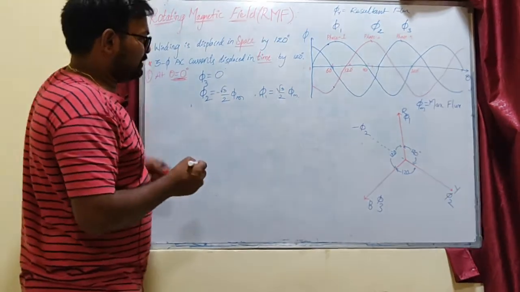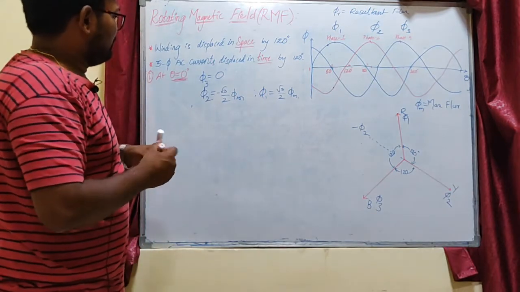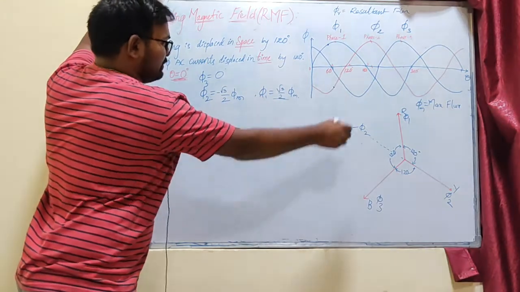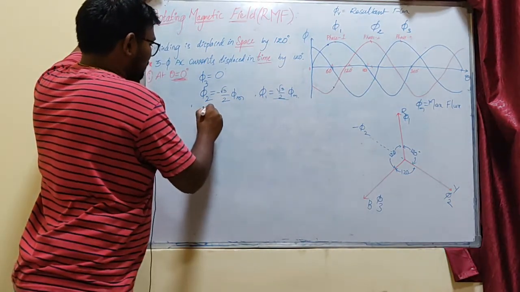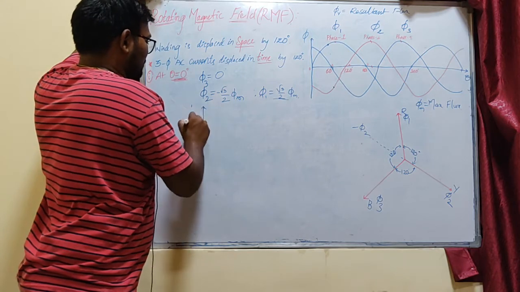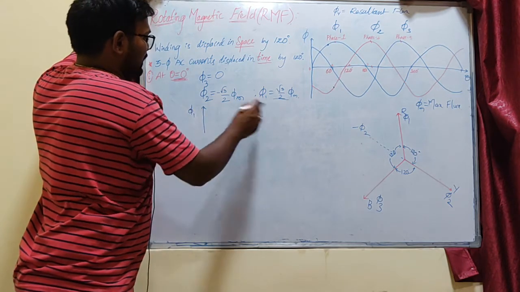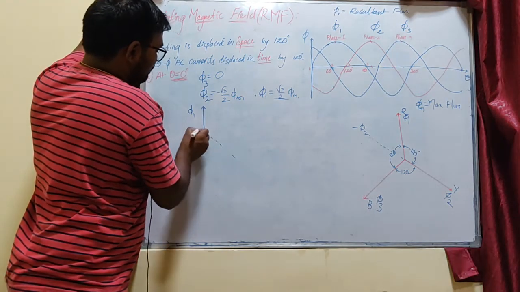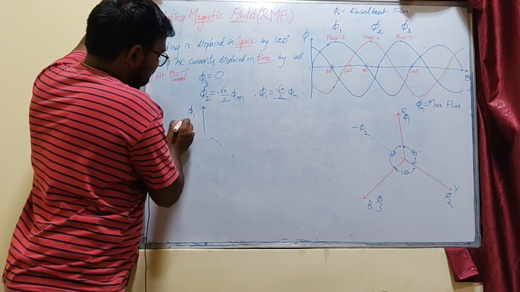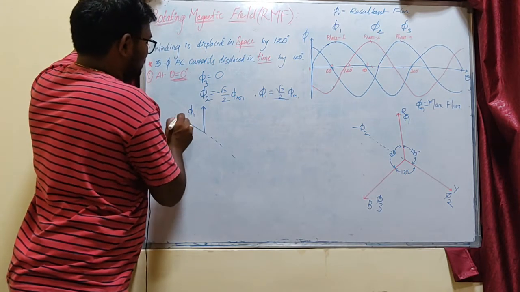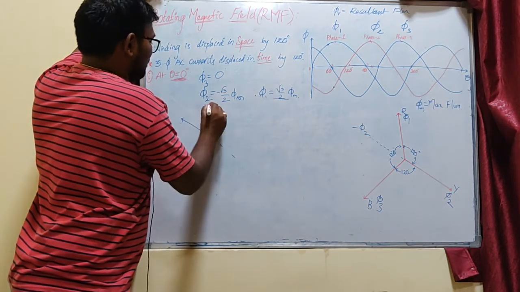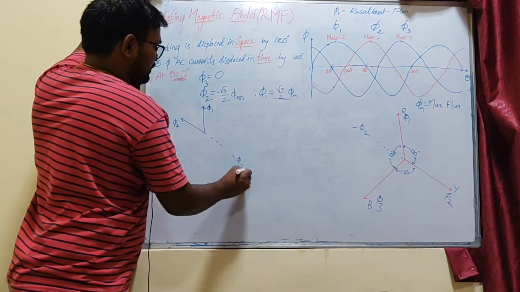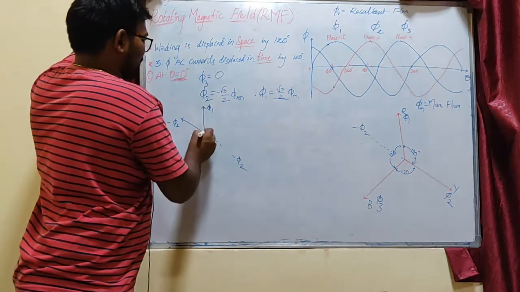So, I am going to draw the phasors of φ1, φ2, φ3 quickly. φ1 is positive root 3 by 2, which is in parallel to the positive phasor, this is positive φ1, and φ2 is a negative value. So, the negative value will be opposite to the positive phasor. Okay, this is φ1, this is minus φ2, okay. This is φ2, and φ3 is 0. So, there is no φ3.